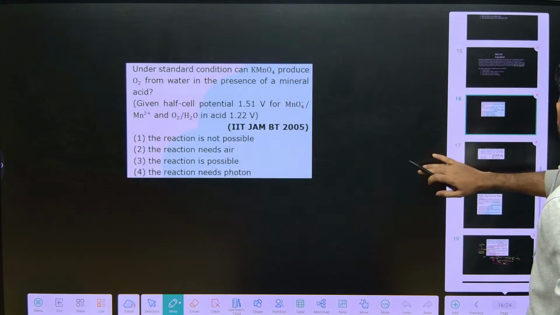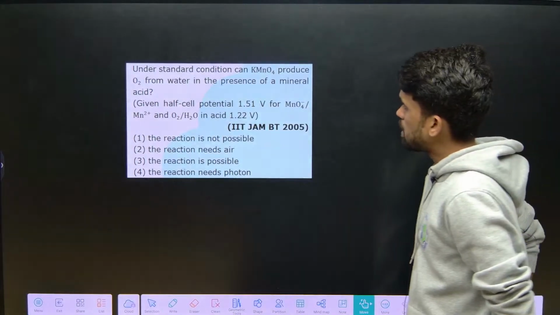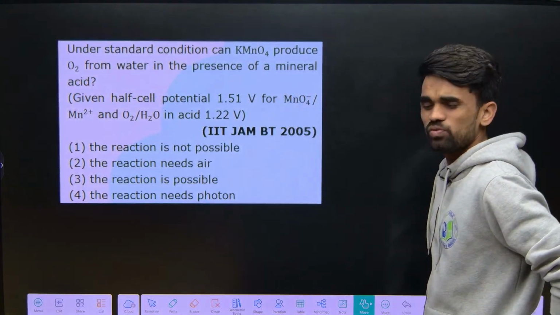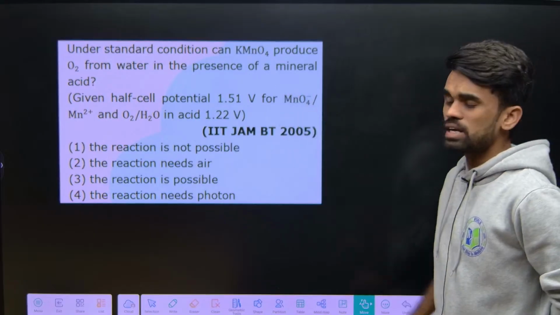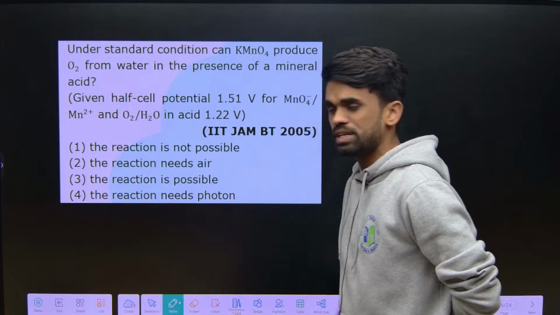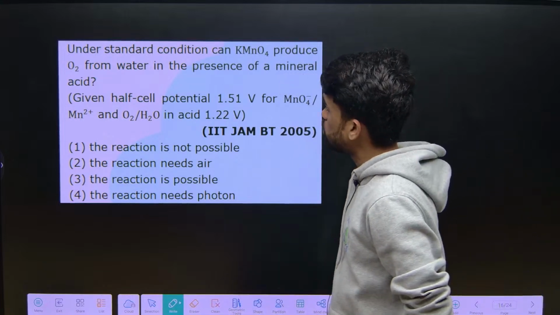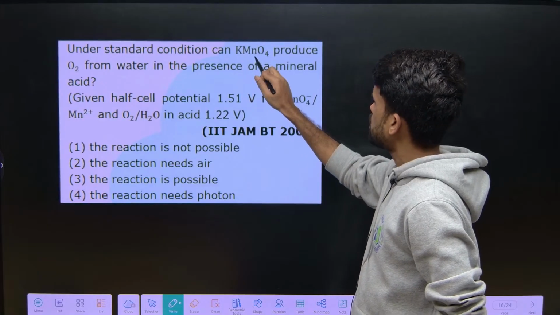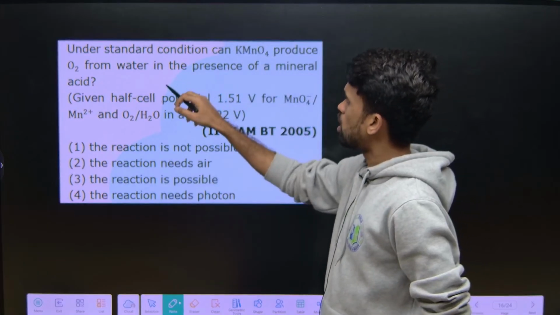Look at this reaction again, what they are saying. Under standard conditions, KMnO4 produces O2, very easy. Do not be scared by looking at the data they have provided. Of course, you can use the data to make it easier to solve. So look at what they are saying: under standard conditions, can KMnO4 produce O2 from water in presence of